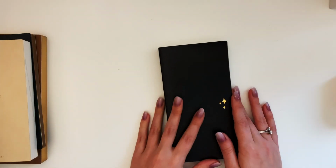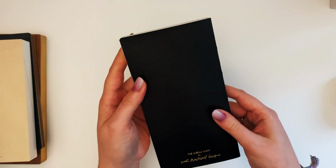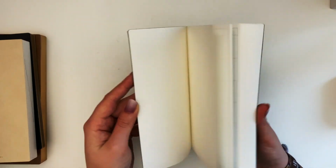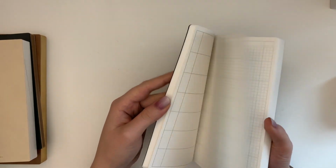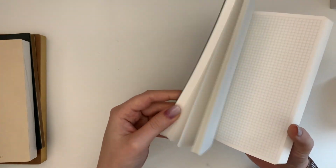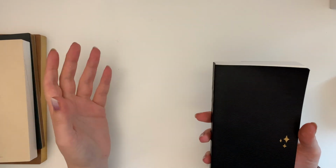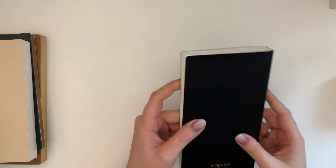So this one is a Sweet Freckle Designs weekly planner, I think, weekly diary. This is undated, so I can use it whenever, so that's great. I already talked about this planner in another video. This is very likely going to be my social media and Etsy shop planner because it is undated, and there are times where I feel like I need a planner for that. I just want to map out my Instagram schedule, or map out my new release in my shop or whatever,